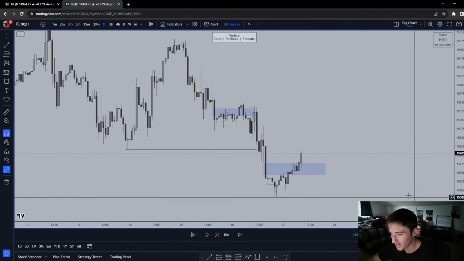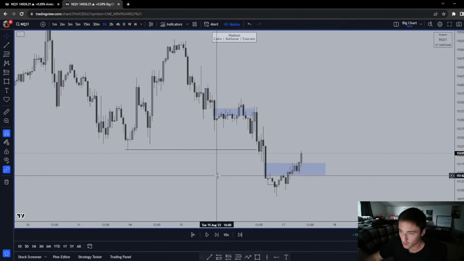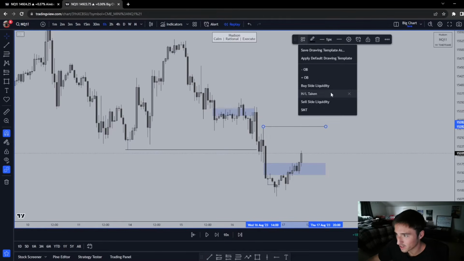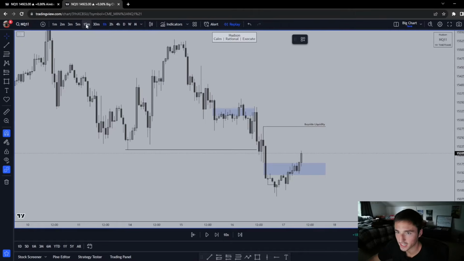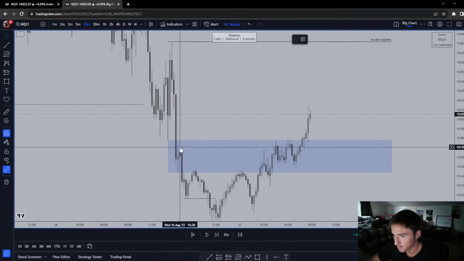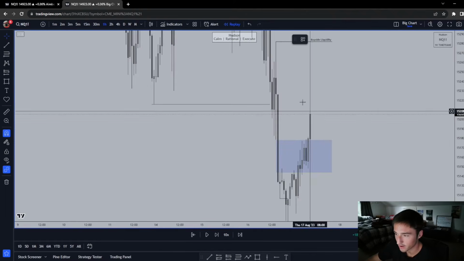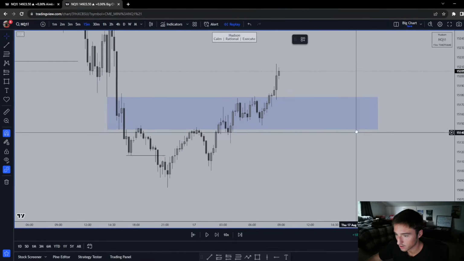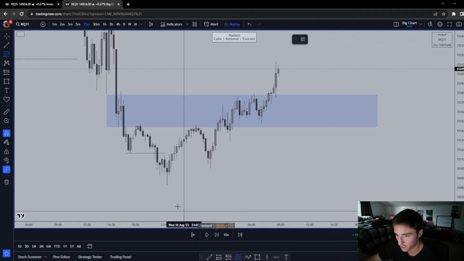So right now we aren't getting much displacement, but this was also the overnight session. So I'm a little confident that we come to this high. We probably can see this high, so let's go down to the 15-minute. We're in this big fair value gap, but the higher time frame holds higher power, or higher value, so we just disrespected that. So yeah, it looks like we could